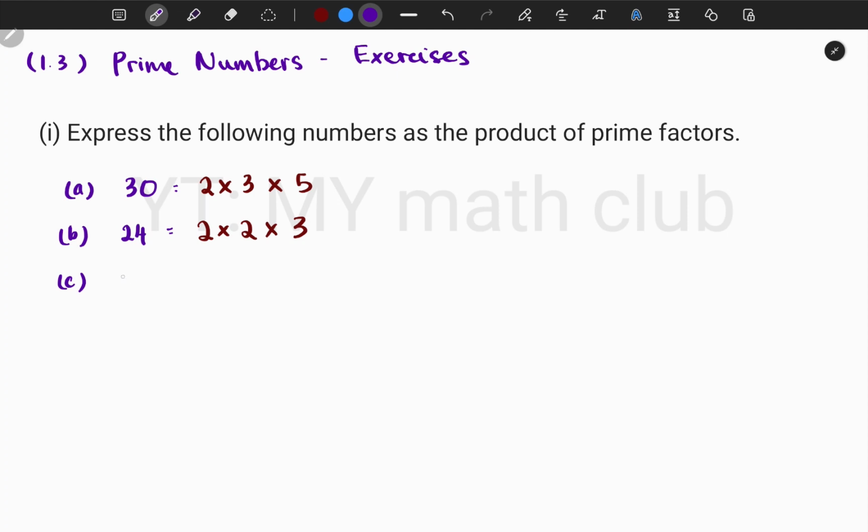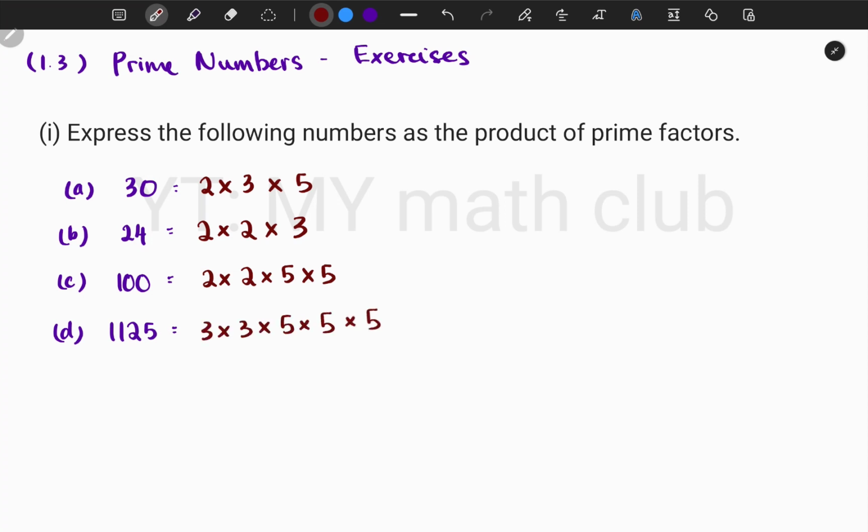Question C is 100. The product of prime factors is 2 times 2 times 5 times 5. And question D is 1125. The product of prime factors is 3 times 3 times 5 times 5 times 5. So, if you are unsure how you get these answers, I'm going to give you 2 examples using question C